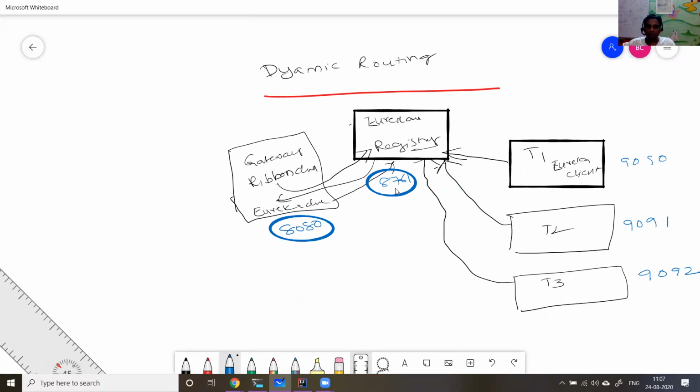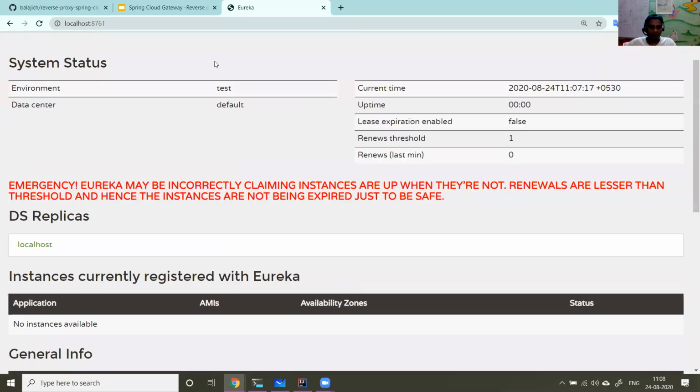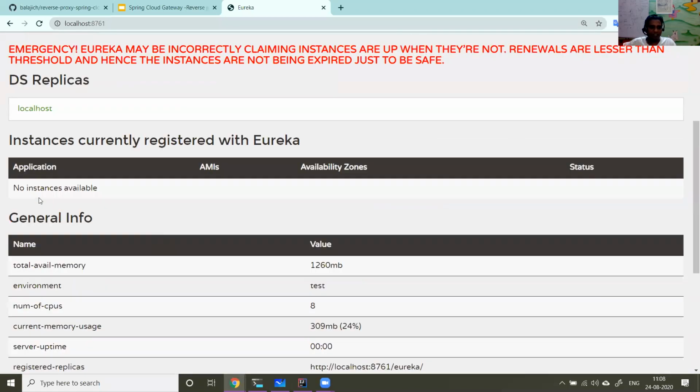You all know this very well, right? A gateway request comes to 8080, then it goes to 9090, 9091, or 9092. It uses the registry to fetch the information. So the Ribbon client calls the registry and gets the healthy Tomcats information. Now if you see, the registry doesn't have any application instances running.